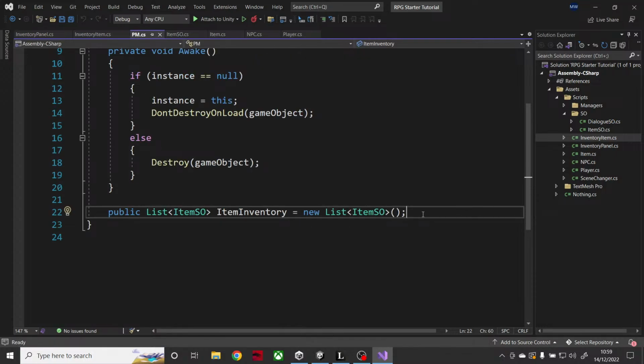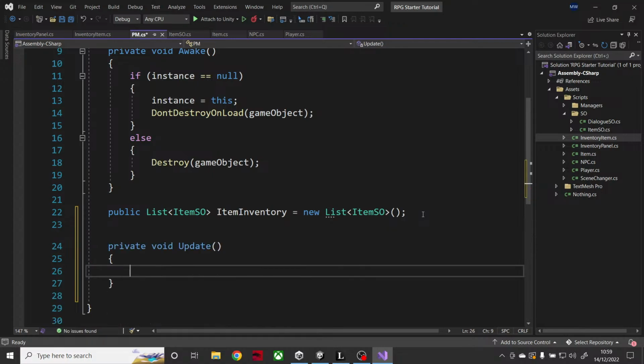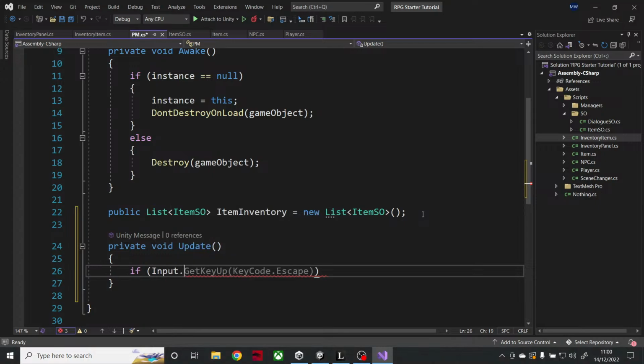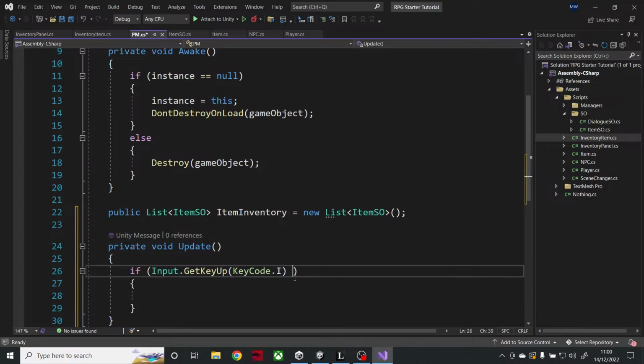You know what? I'm going to stick it on the player manager. Public update. If Input.GetKeyUp, not Escape. Let's use I. So if that, and I also want to make sure that